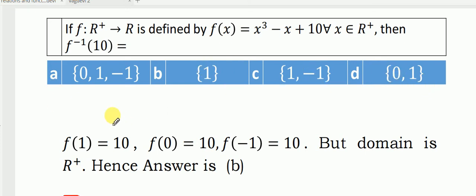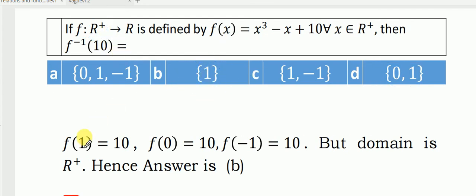So clearly this domain is given as R plus. When we take the inverse of this function, the range of this inverse function is nothing but the domain of f, which contains only positive numbers. So clearly option A is not the answer, option C is not the answer, and we cannot include 0 also here, since we have taken it as R plus. So therefore 1 is the answer,